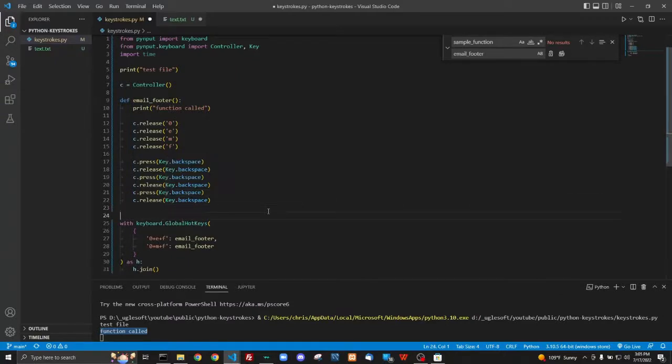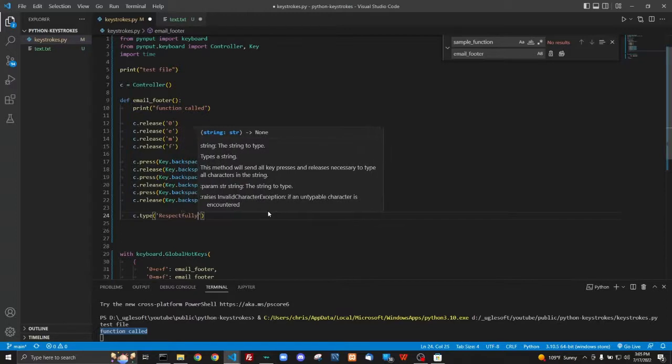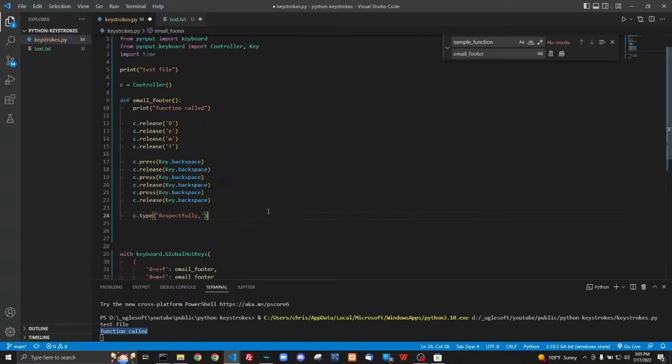So now that our function has handled the input that we've given it, let's get some space here, we're going to actually start doing what our function is supposed to do. So we're going to do c.type. Instead of pressing and releasing specific keys to type out a whole character of text, that would take forever. What we're going to be doing instead is typing out the actual string that we want to use. So respectfully, comma, and then we can use press and release for the enter key in order to get the